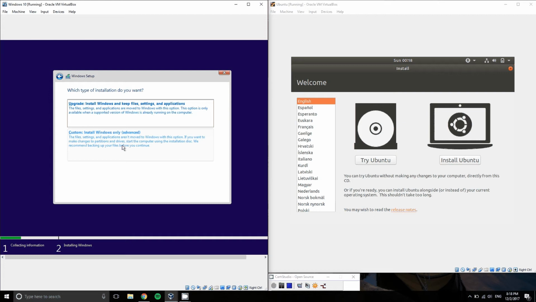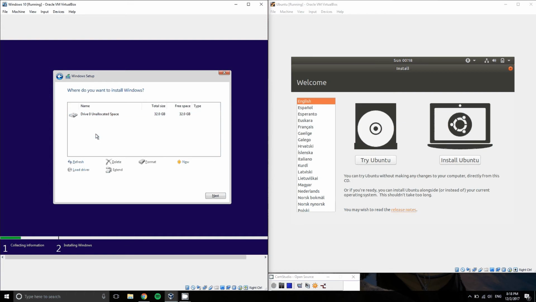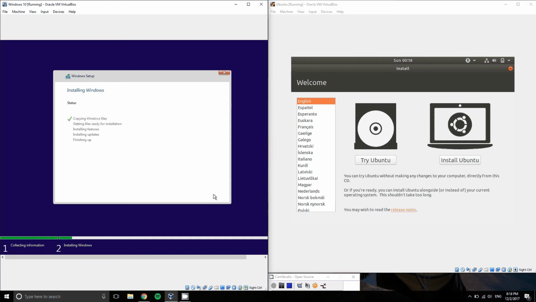And after that, let's go ahead and click on custom. Customize it, and basically we actually just want the same thing that's by default, so we're going to click on next. And now it's going to get ready for the installations and all the features and stuff, and that's going to take a very long time, so we're going to move on to